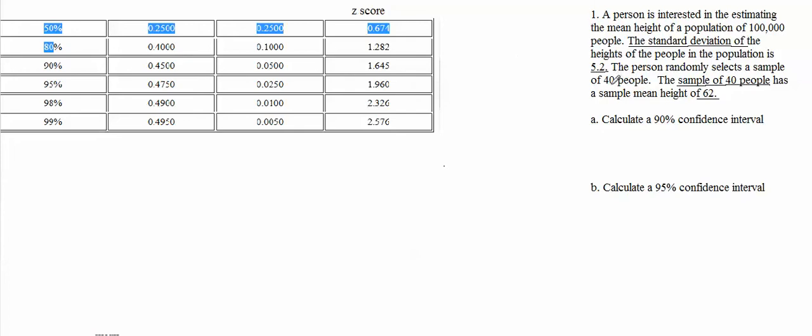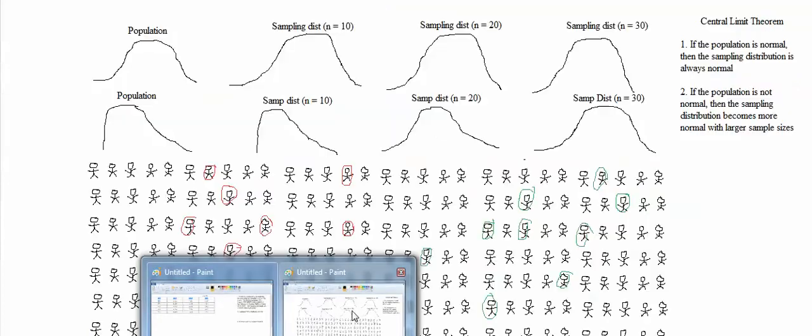Well, I said that the central limit theorem says that if the sample size is at least 30, then the sampling distribution will be roughly normal, regardless of what shape the population has. I showed you back on this slide right here how